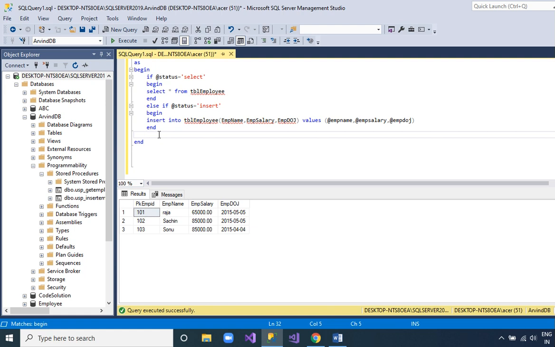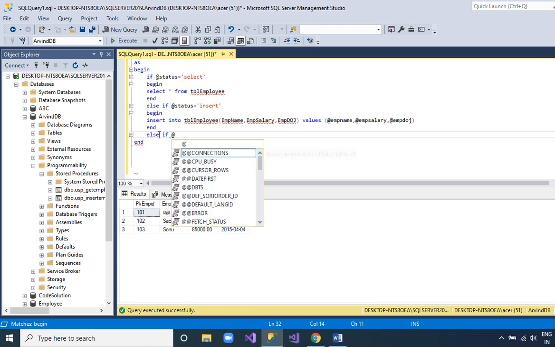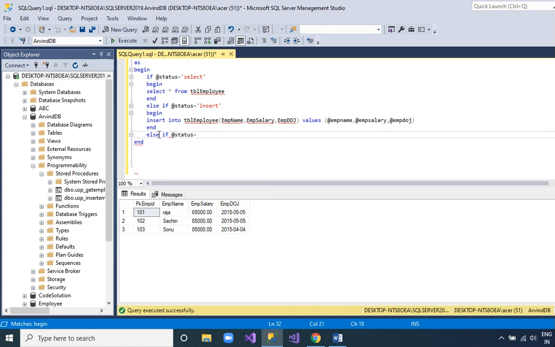and what is for the update? Else if again, else if status is equal to update.